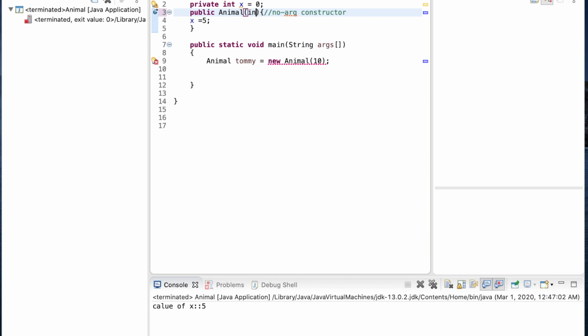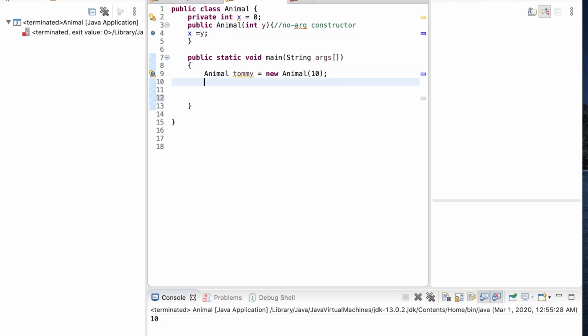So let me just make this constructor a parameterized constructor, and once the call comes here, the call will again go to this constructor, and inside this constructor I can initialize my variable x to the value y. So let me just save this and run it. In this example, you will see the value that is passed as a parameter to the object creation is initialized to the variable x. To print the value of y here, let me just give